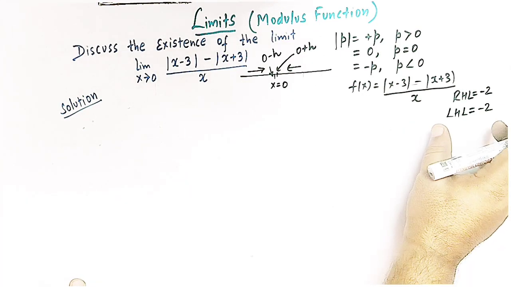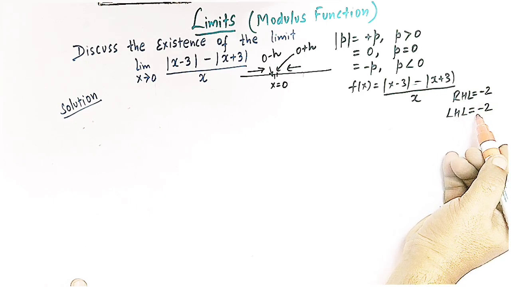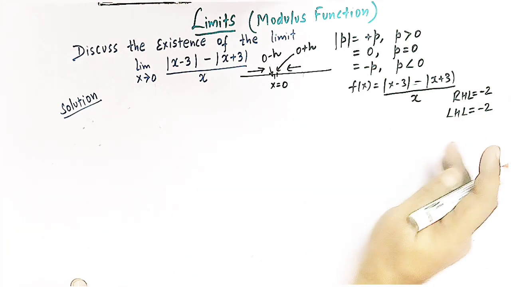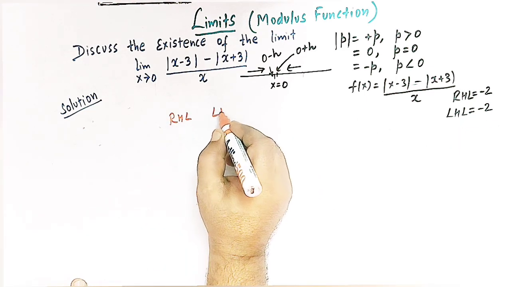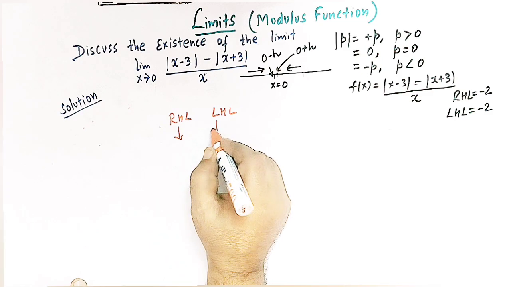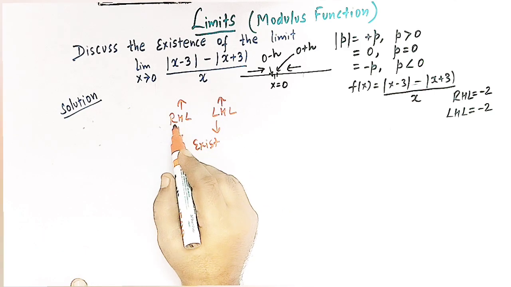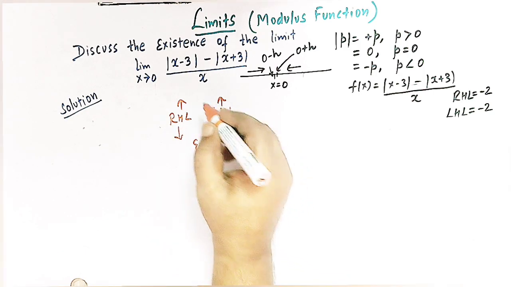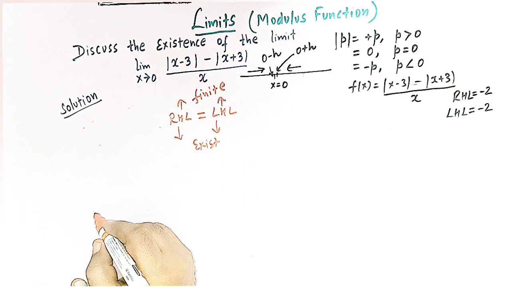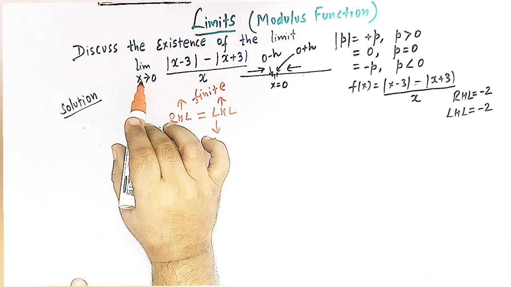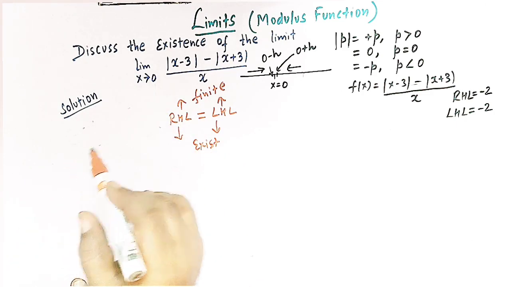So now we have calculated the right hand limit as minus 2 and the left hand limit as minus 2. So we can easily conclude that the right hand limit and the left hand limit both exist and both are finite, and they are equal to each other, right? So the limit of this function exists when x tends to 0, because if we have a function, say y is equal to f of x,